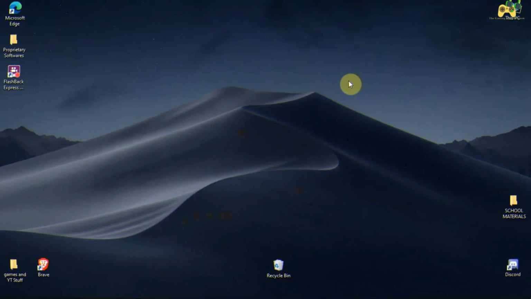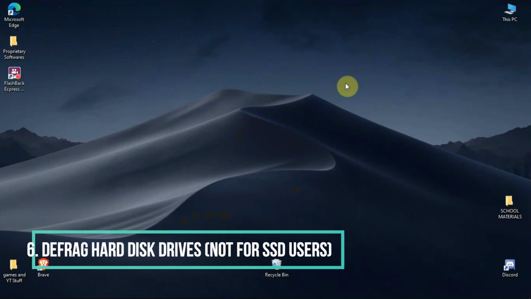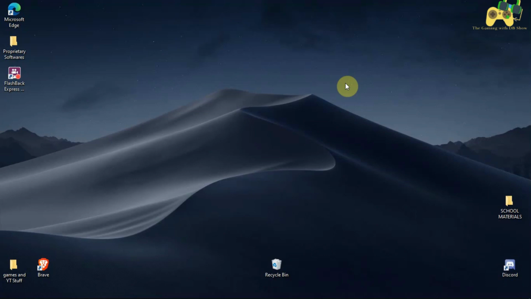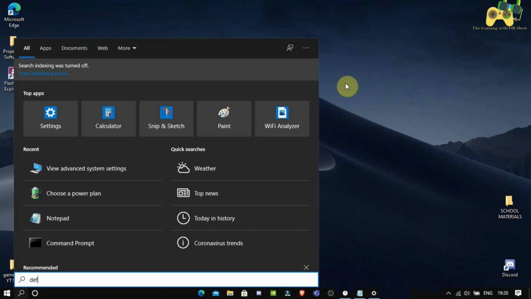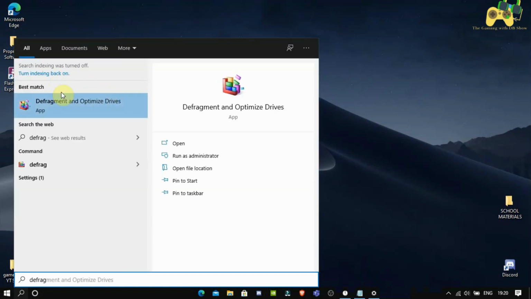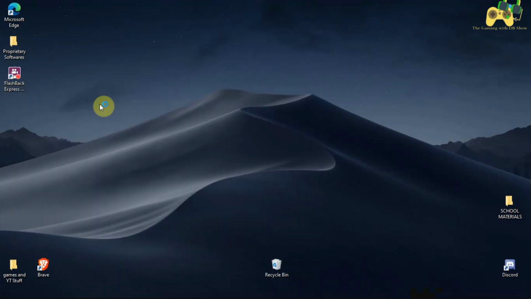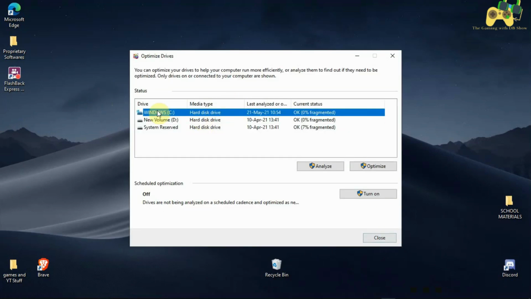The next step is defragging your installed drives on your PC, because that can really improve the performance of a PC. And if you have a slow drive, then it can improve its performance as well. So you need to go to the search, then type defrag, and then you see this option, Defragment and Optimize Drives. Click it, and you will get a list here. It depends on how many drives you have installed, but I would like to give a disclaimer here.